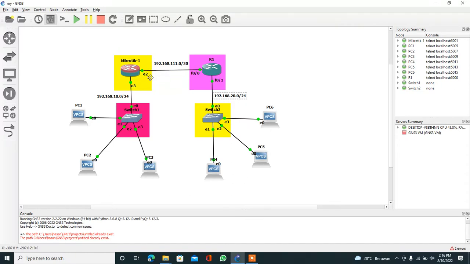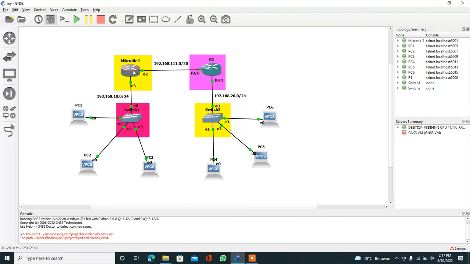Remember, if here it is ether2, when configured in PuTTY it becomes ether3. For example, this is ether3, so when configured in PuTTY it becomes ether4. Like that. Now let's enter the basic configuration, which is to add IP addresses and IP DHCP.